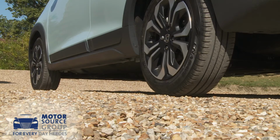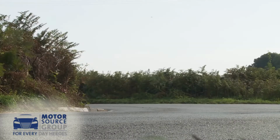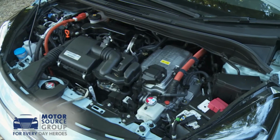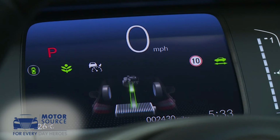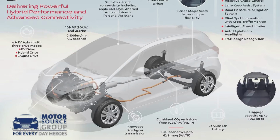Thanks to a 37mm increase in ride height, the Crosstar version of this Jazz should be able to offer increased suspension travel, but any benefit is difficult to sense on the road in comparison with the standard version. Like all current Jazz models, this one comes only with one engine, the brand's eHEV powertrain. In this case, it's a 1.5 litre unit putting out 109 PS, which uses 2 electric motors and a compact